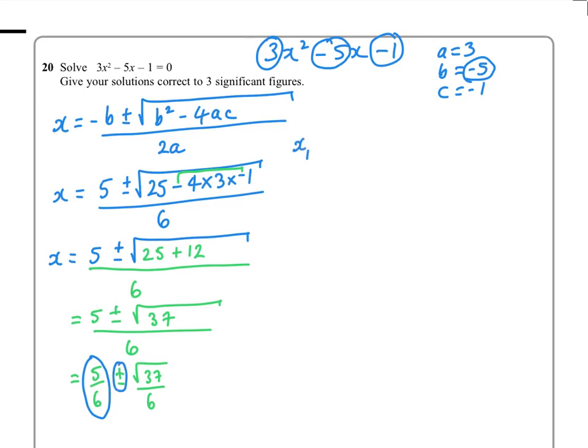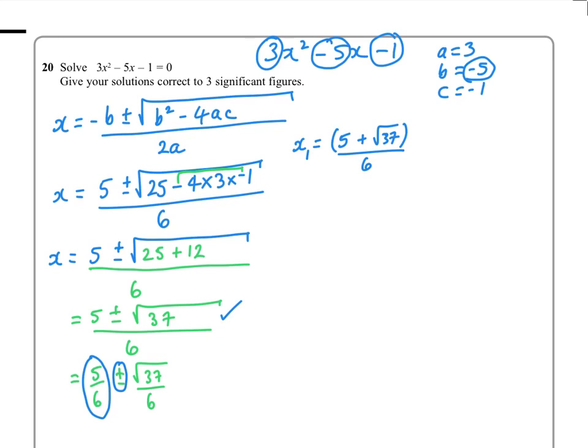So your first value would be 5 plus root 37, all divided by 6. So when you do it on your calculator, put a bracket round here. So I'll do that one first. So on my calculator, let's have a look. 37 to the power 0.5 plus 5. That would be